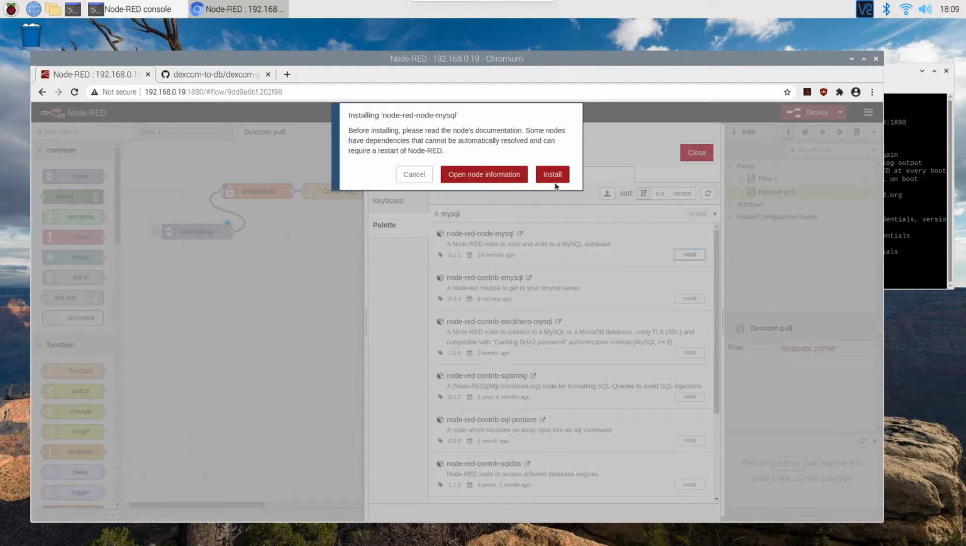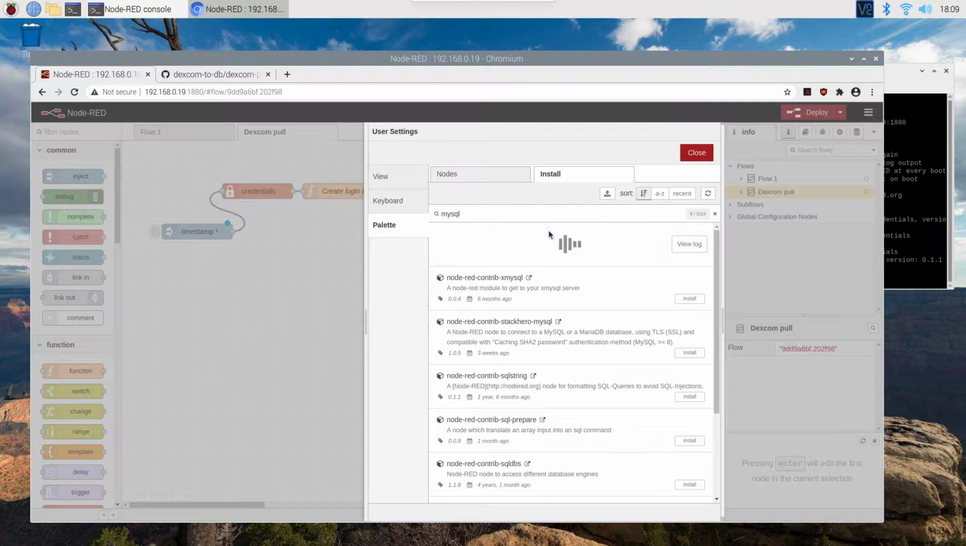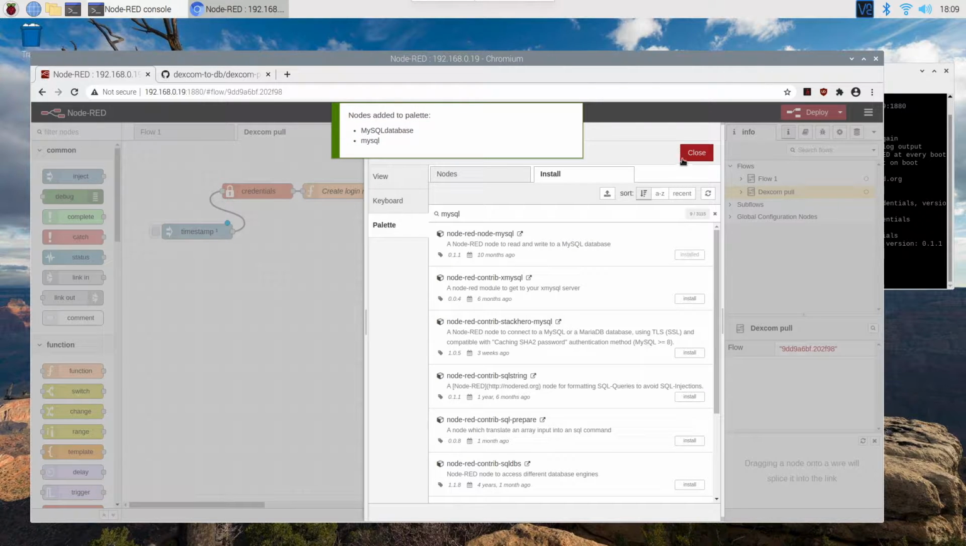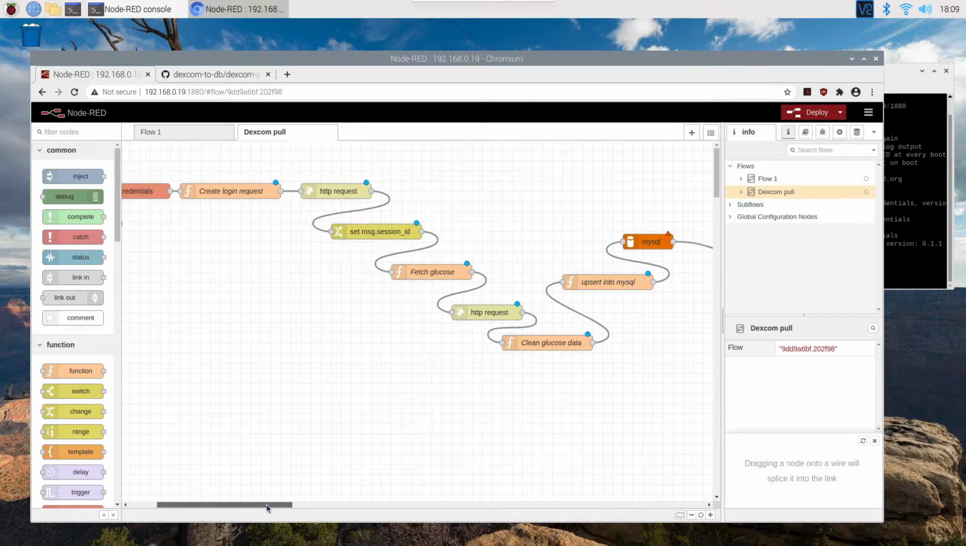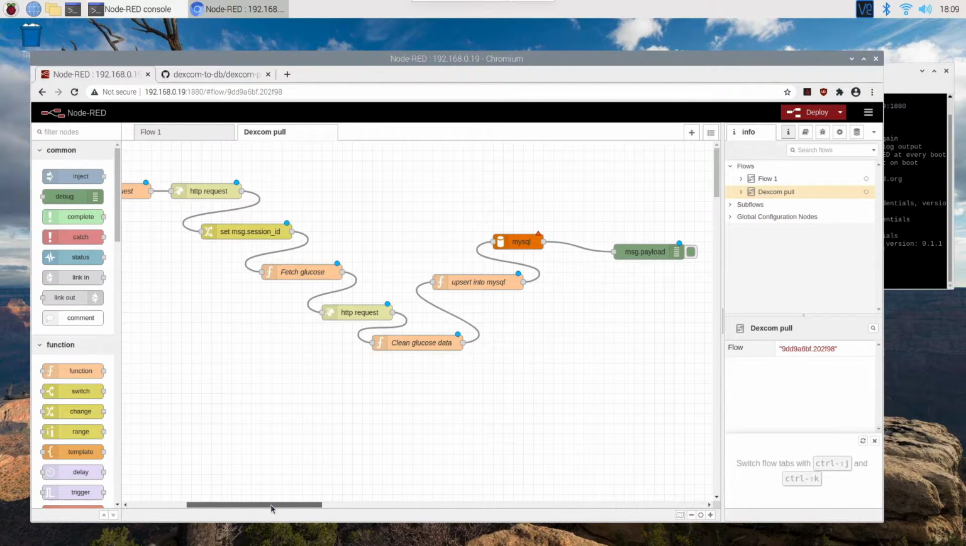Go ahead, add that, install that, and now we should see, after we close this palette and we've installed that package, that those nodes now no longer have dotted edges. So yes, looks much better. The other